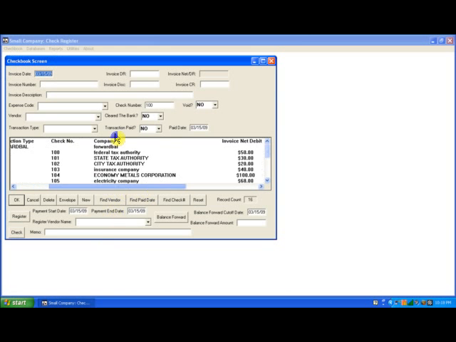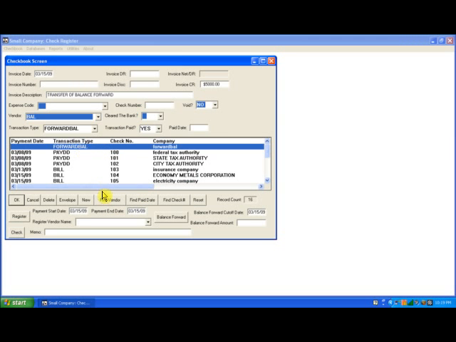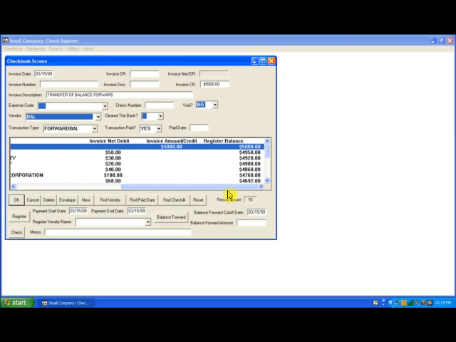Now let's say I want to replace this forward balance record. This has $5,000 for the forward balance. Let's say I want to change the balance forward cutoff date to March 6, 2009, and I want to make the balance forward amount $7,500. So I key that in, then I click the balance forward button,